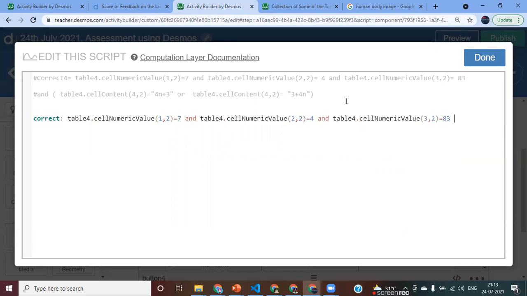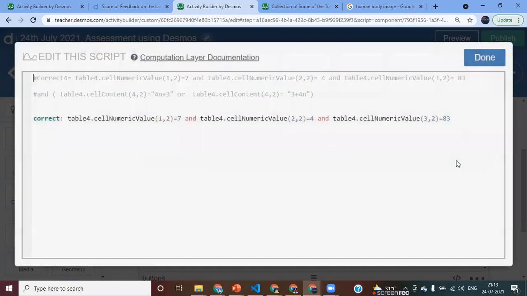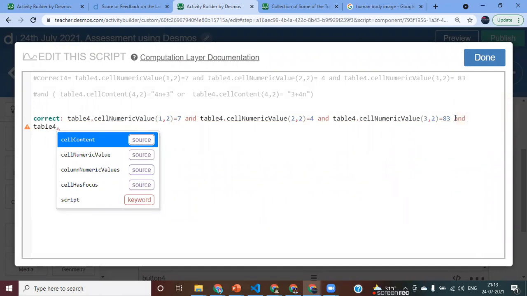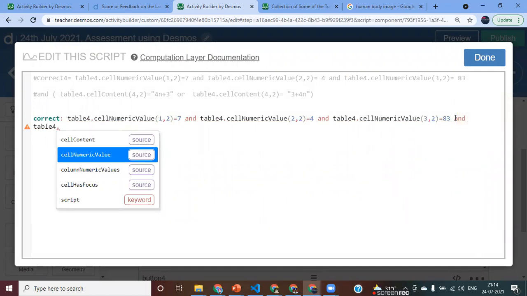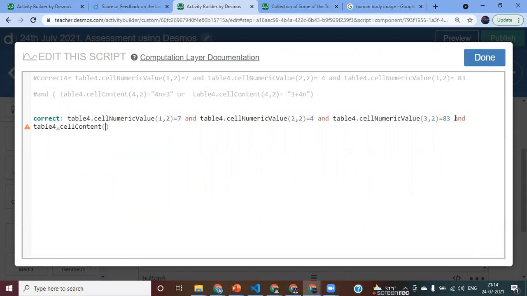In the last one, we had an expression. You remember? The last question is about the nth term. So here, students are supposed to write an expression. So that's why I'm going to use "and" table 4 dot. Now here, I'm not using numerical value because n is a variable which is defined by me only. It's not defined by Desmos, right? So I'm going to use cell content. Content means anything, any expression like a word format. Which one is it? 4, 2